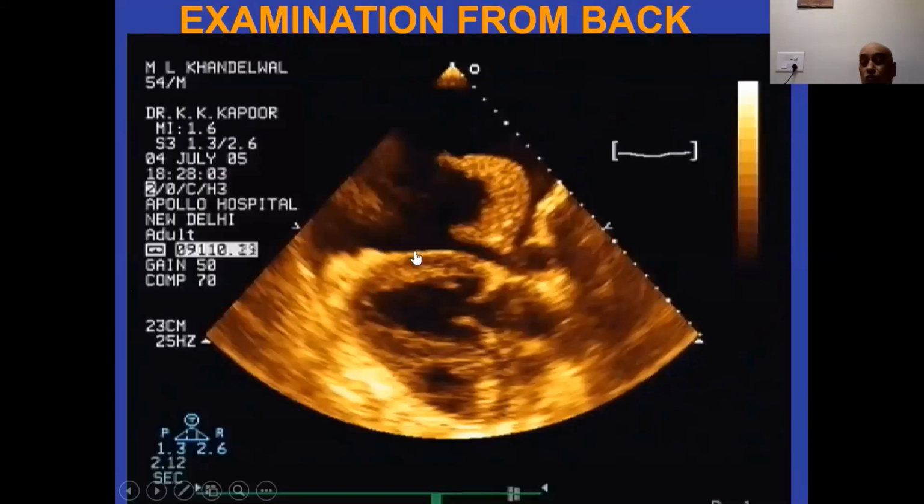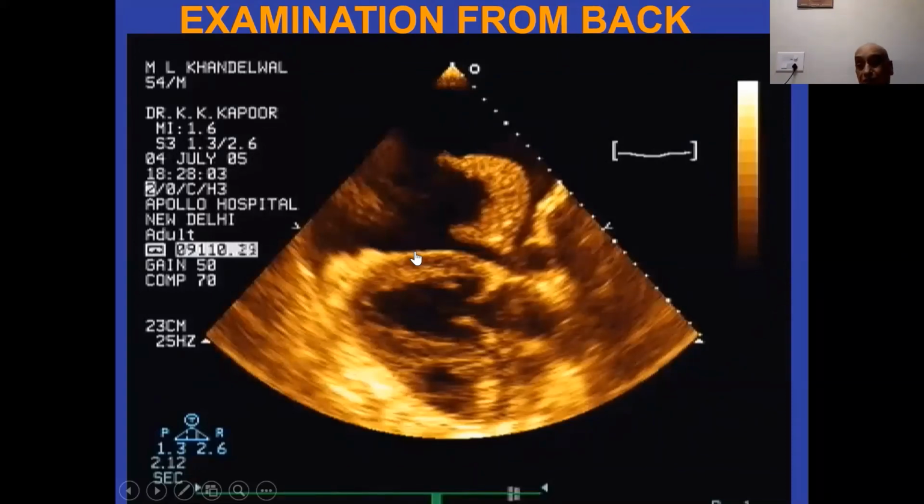To exclude whether there's a pleural effusion or not, scan from the suprascapular region to the infrascapular region from the back on both sides. But you can get a preliminary assessment from the subcostal view for the right side, and from the apical LV view, going a little bit beyond, on the left side. Also from the parasternal long axis view, in a large pleural effusion, you can get an echo-free